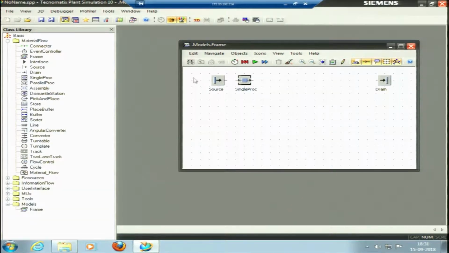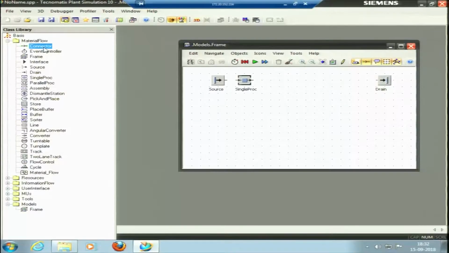Then we have any process or any object we have here. If we need to define the flow, which flow it follows, whether it is a straight line, U, S, whatever flow it has to follow, it has to be connected using a connector. So, this is a connector, the very first object here is the connector. The connector is used to connect an object to the other object. So, I have connected source to a single process, and the arrow is showing the direction of the